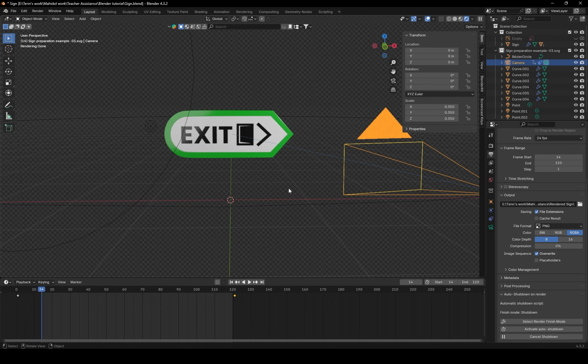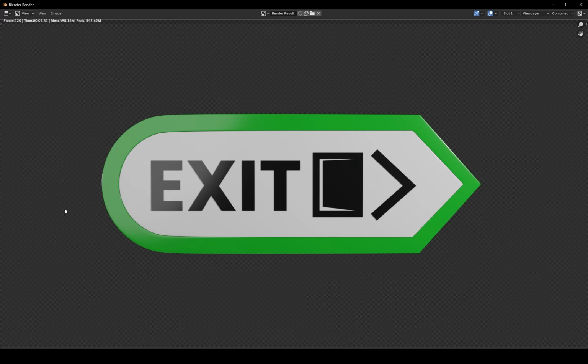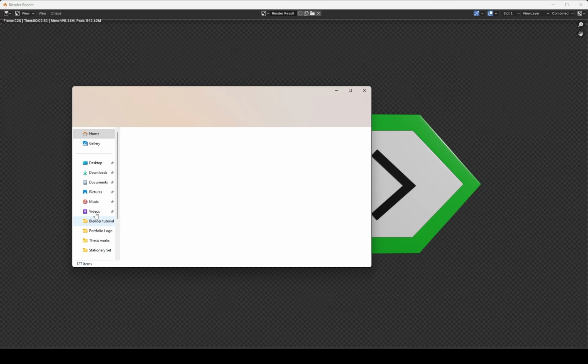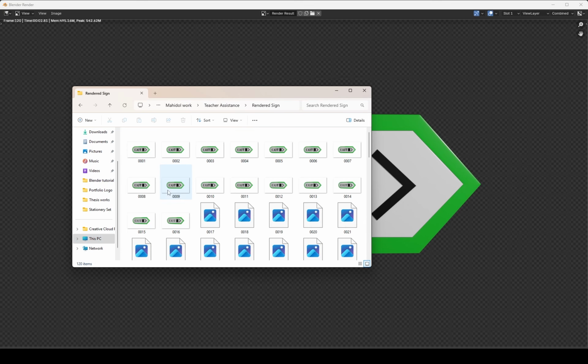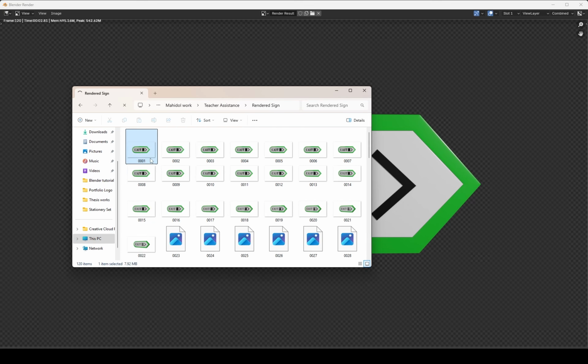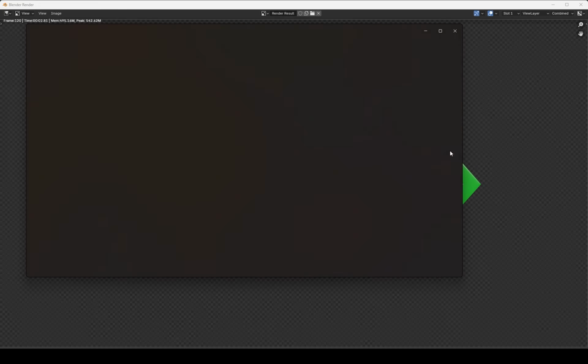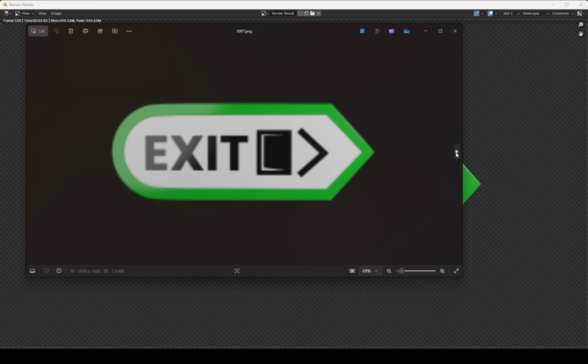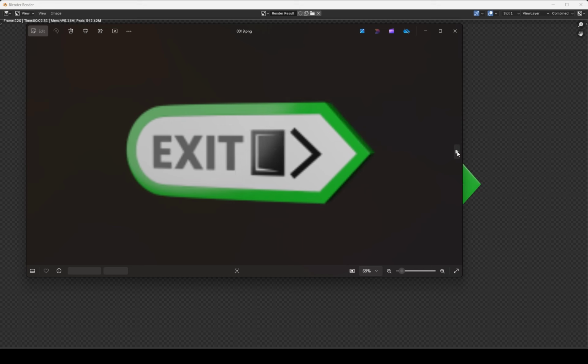So the next advantage I will tell you and demonstrate to you when we finish rendering 120 frames. And now we come back when the render is finished. So let's view the result in the folder. In the folder here we got 120 pictures of the sign. You can see, we got the pictures of the sign